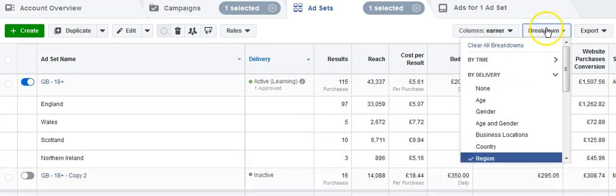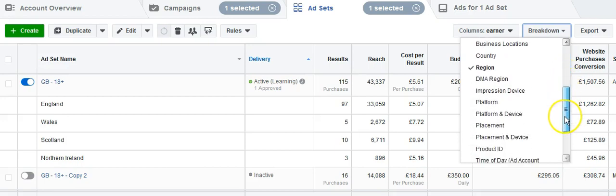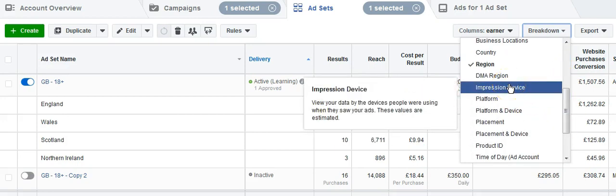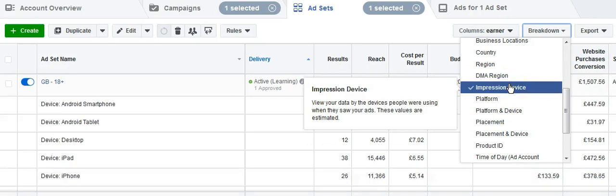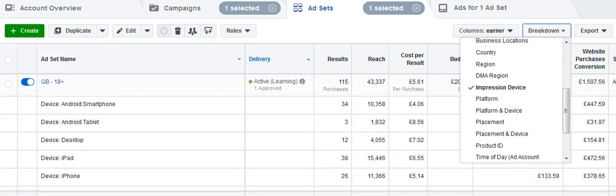And the region is England and Northern Ireland. Impression device is the Android smartphone